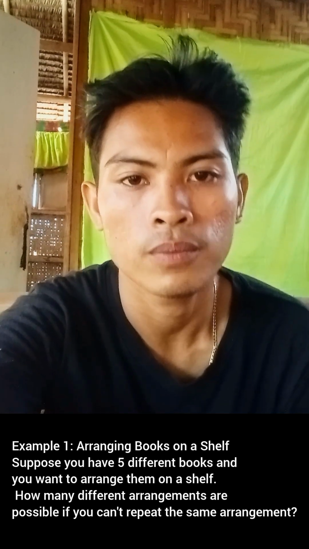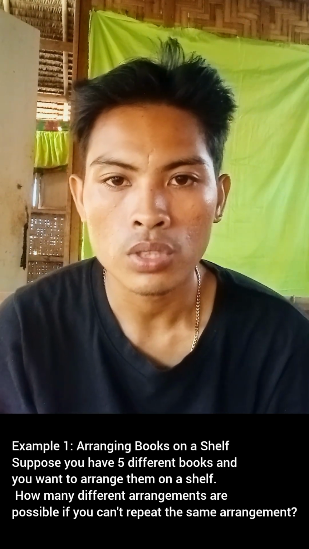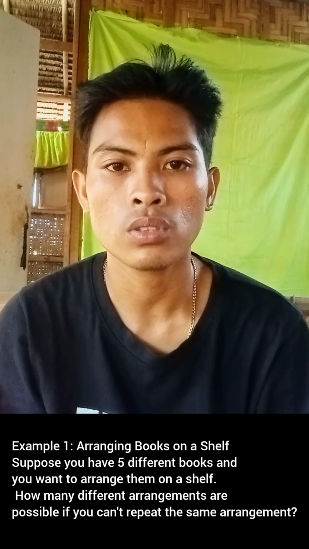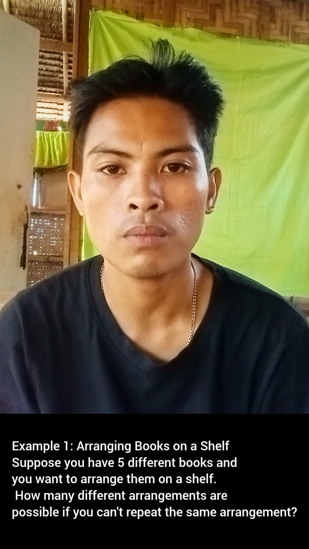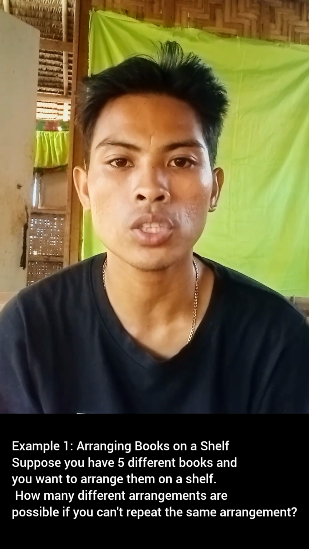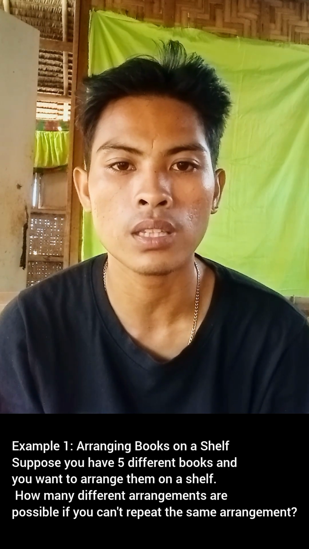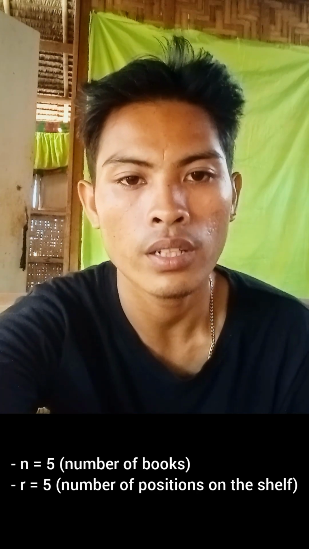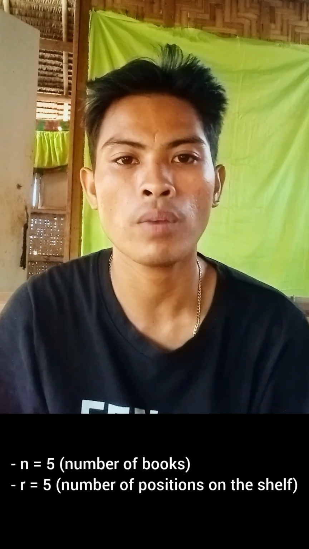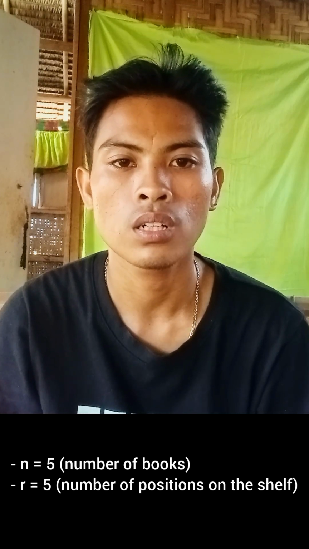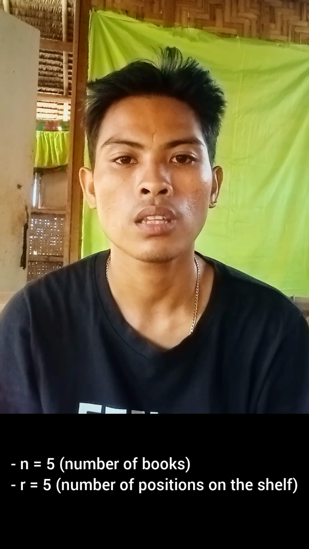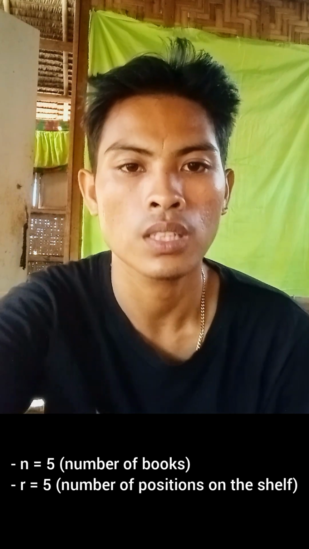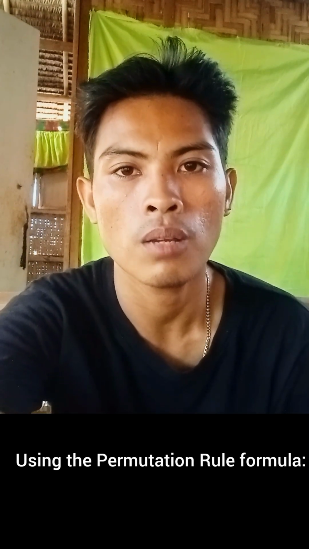Example number 1. Arranging books on a shelf. Suppose you have 5 different books and you want to arrange them on a shelf. How many different arrangements are possible if you can't repeat the same arrangements? N is equal to 5, the number of books. R is 5, the number of positions on the shelf. Using the permutation rule formula,